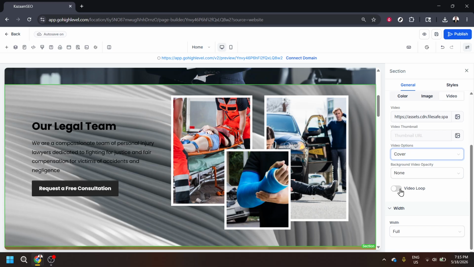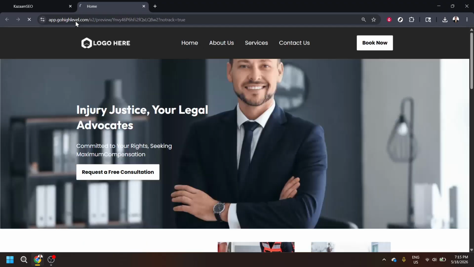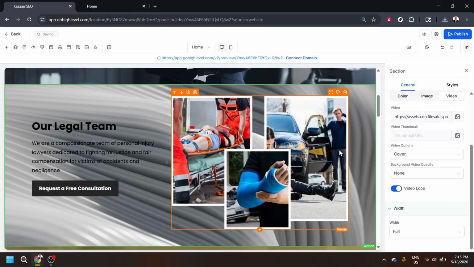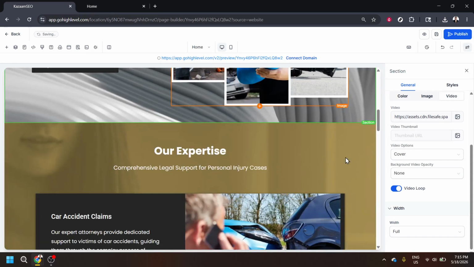Now edit the video settings to make it feel like a background. Enable autoplay and loop so it plays continuously, and mute the audio so modern browsers allow it to start automatically. Hide player controls to keep the design clean. If your builder offers fit options, choose Cover to fill the container without letterboxing. To improve text readability on top of video, consider using a subtle overlay via your section's background color with a